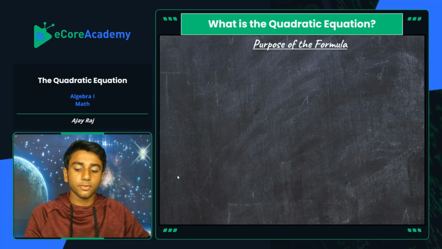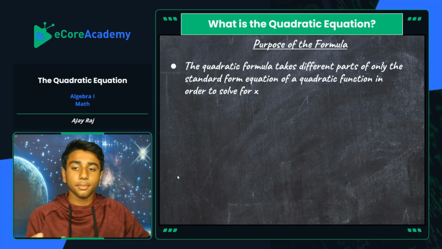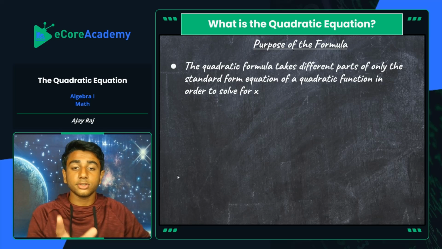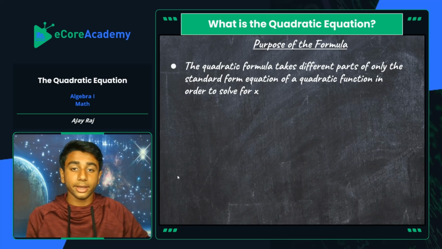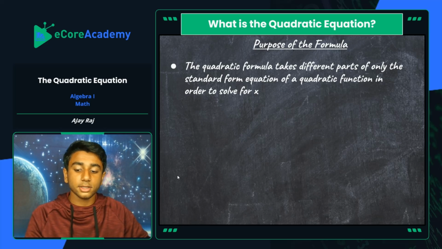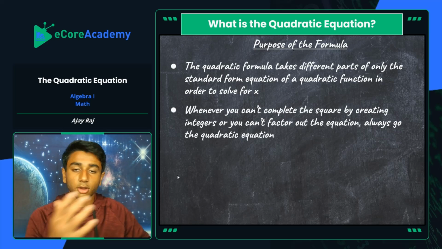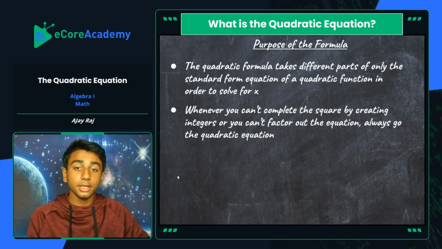So what's the purpose of the formula? Well, the quadratic formula takes different parts of only the standard form equation, obviously ax squared plus bx plus c, in a quadratic function in order to solve for x. That x value is essentially your zero, or your x-intercepts. Those are the solutions for x. Whenever you cannot complete the square, as in our previous video, where you take half of b, square it, add it to both sides, and make it a perfect square trinomial,